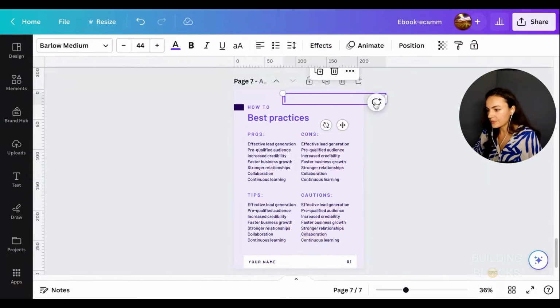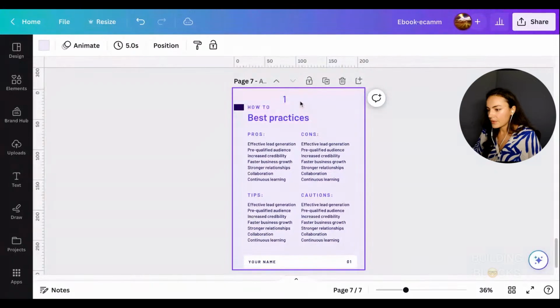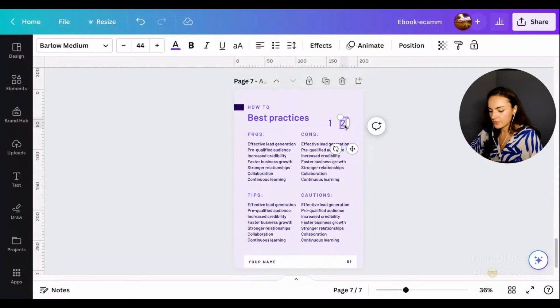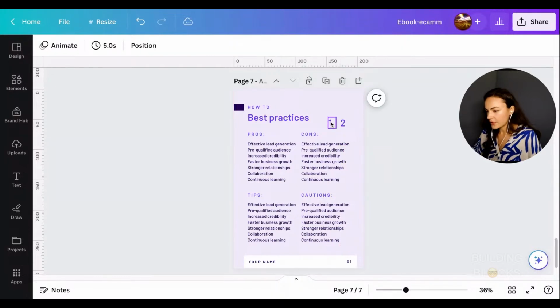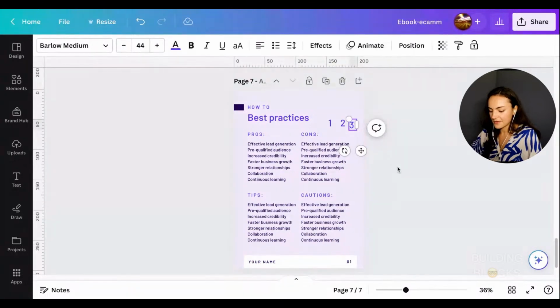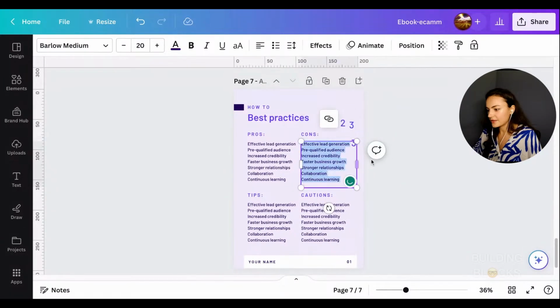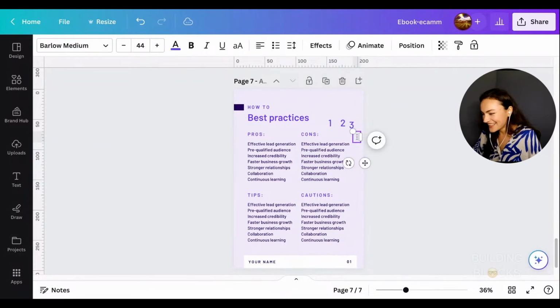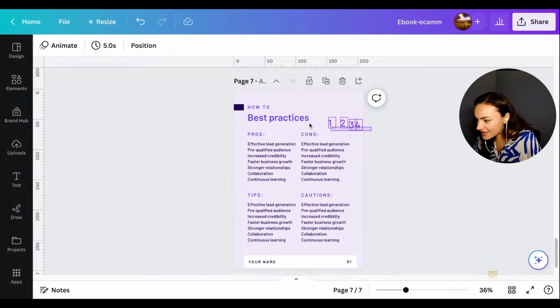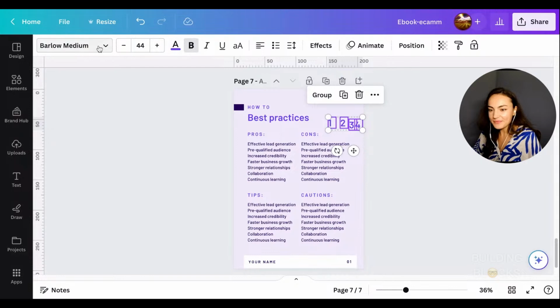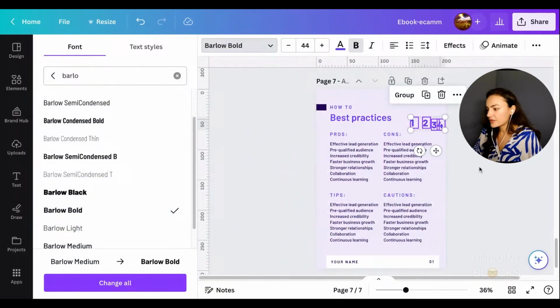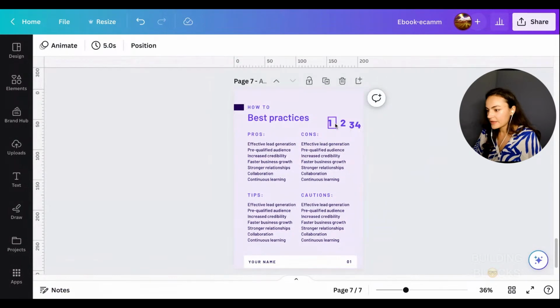I'll put this one, and one, two, three, and the last one, four. Sometimes I just think that maybe only this part can be a little bit obvious. Okay, and maybe we will try a bold one,